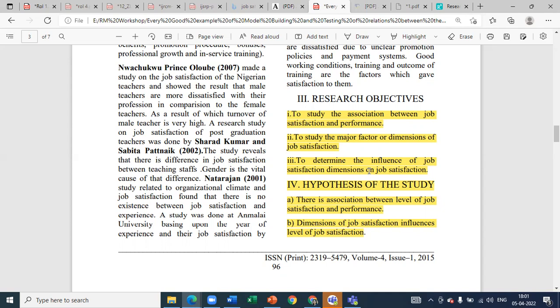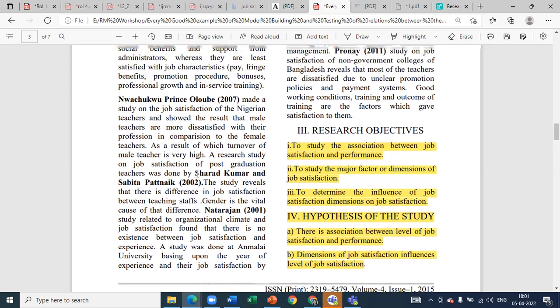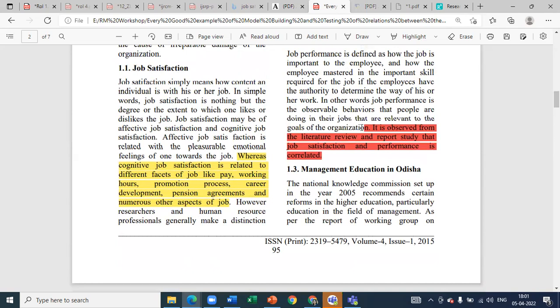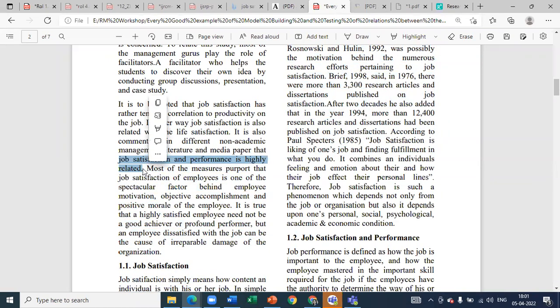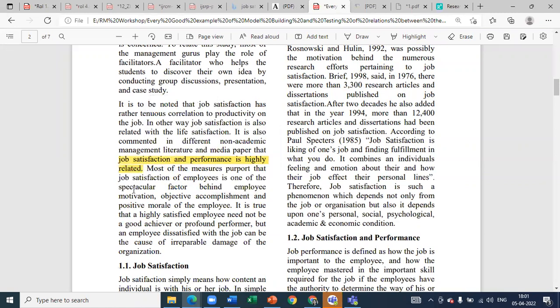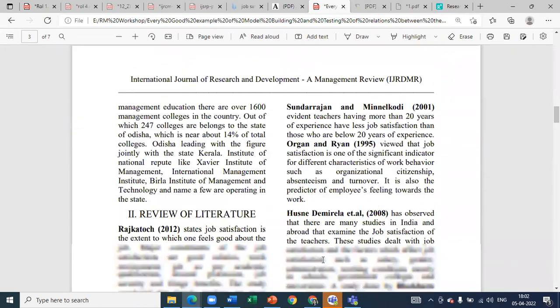Let's go ahead. Hypothesis of the study. देखो इस बंदे ने hypothesis अपने दिमाग से नहीं लगाई, उसने भी previous study से ही लिया है। उन्होंने hypothesis यहाँ पे लगाई कि there is an association. ये कहाँ से उन्होंने लाया? तो मैंने ये रेड मार्क किया है ना, ये देखो, ये बता रहा है, it is observed from literature review and report that there is a correlation. आगे के रिव्यू ऑफ लिटरेचर में सब जगह बताया कि there is some correlation, there is some correlation. ये रहा, job satisfaction and performance are highly related. देखो भाई, कि कहीं ना कहीं उन्होंने कहीं तो पढ़ा है, and this is what is narrating here. जो उन्होंने पढ़ा है वो यहाँ पे वो फाइंड आउट करना चाहते हैं, वो टेस्ट करना चाहते हैं।